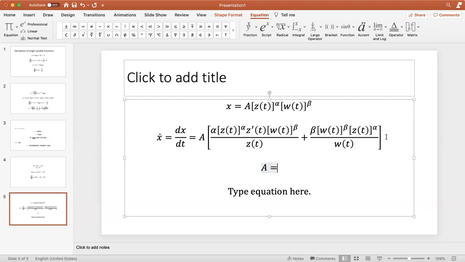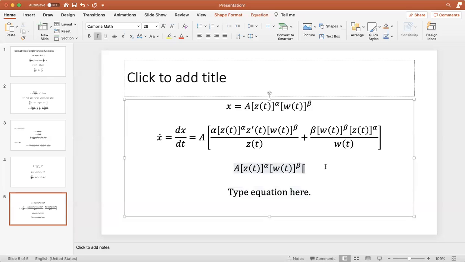So that's going to be a times z of t raised to alpha times w of t raised to beta. Where do these terms come from? We basically factored z and w out, right? So you have z of t to the alpha here, you have w of t to the beta here, you have z of t to the alpha here, you have w of t raised to beta here. You can just factor them out, and then you'll end up with this expression, which is